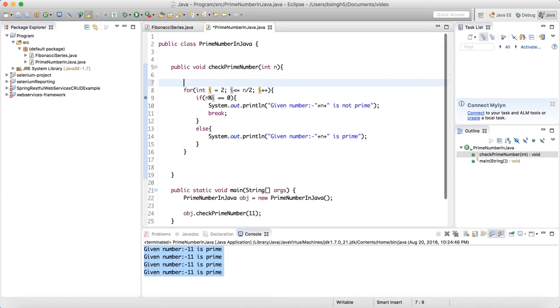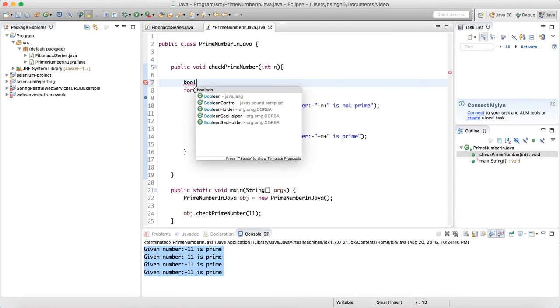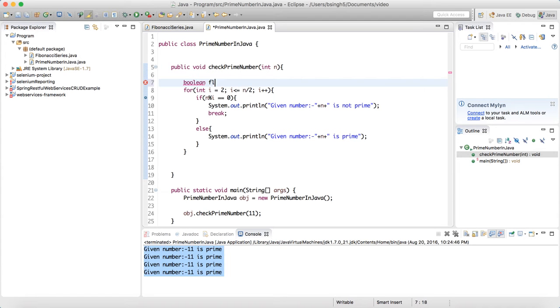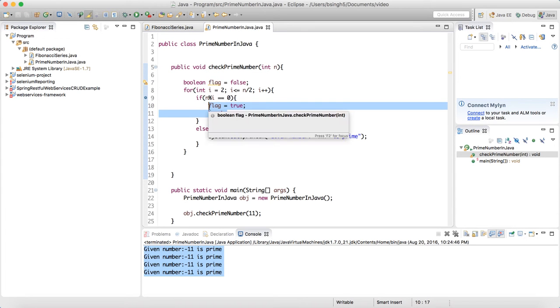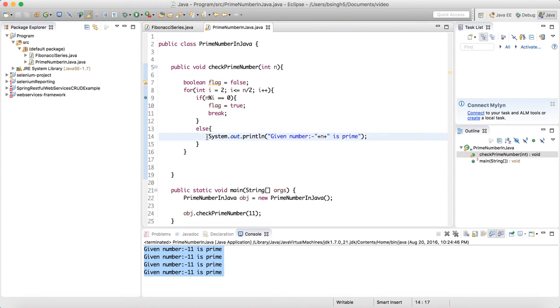How to enhance that? Make one boolean flag and write flag is equal to false. Now the moment it will come here, make the flag equal to true and break this, right? The moment it goes inside, make the flag true and break, else keep flag equal to false. Okay, and after this for loop, write one condition: if